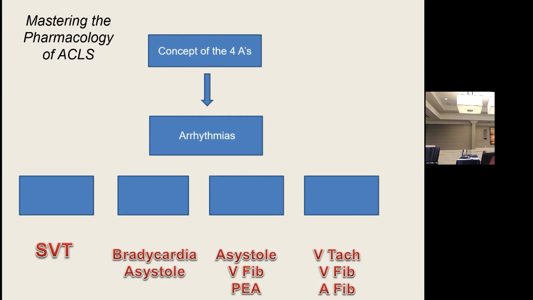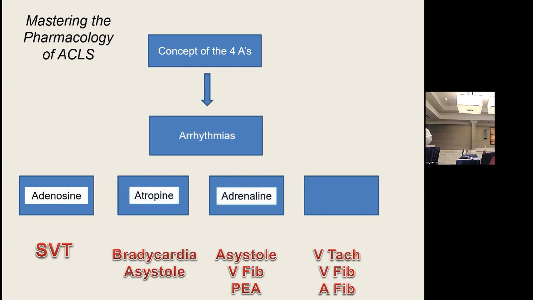If you have asystole, VFib, or pulseless electrical activity, what drug with an A? And you have VTach, VFib, and I'm going to fill in the blanks for you. Adenosine, atropine, adrenaline, which is epinephrine. Okay, a little play on words there. And then amiodarone. So it's a nice way to remember just across, because these drugs, there's a lot of them to remember, but the A drugs help us through this